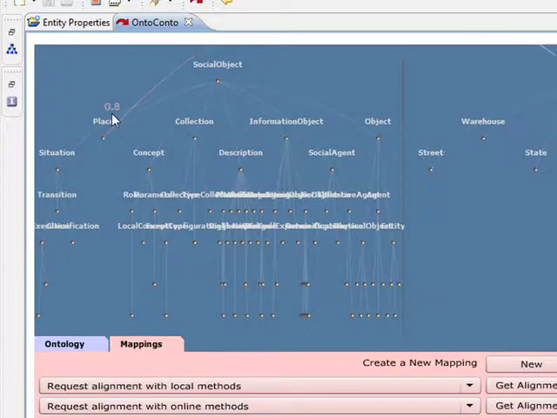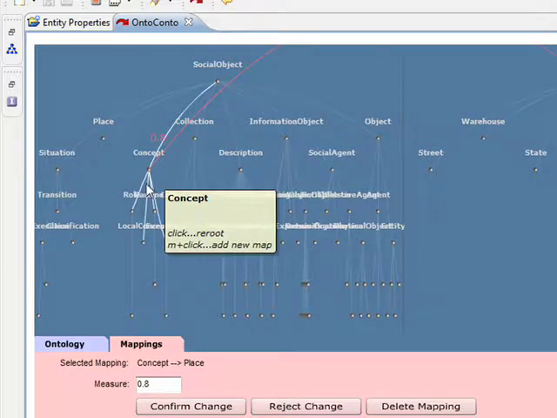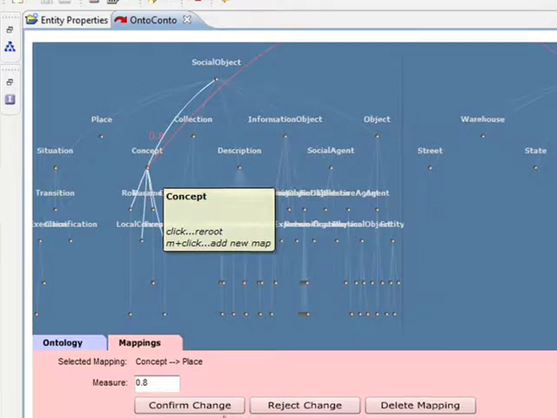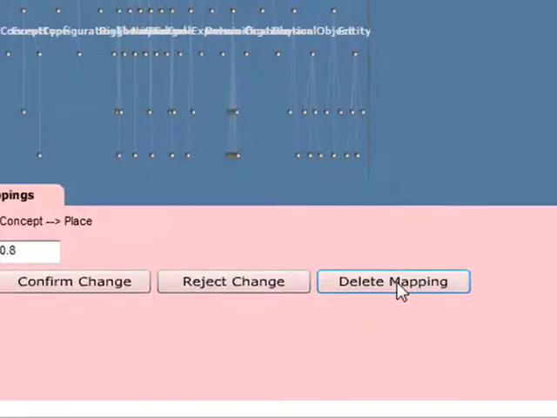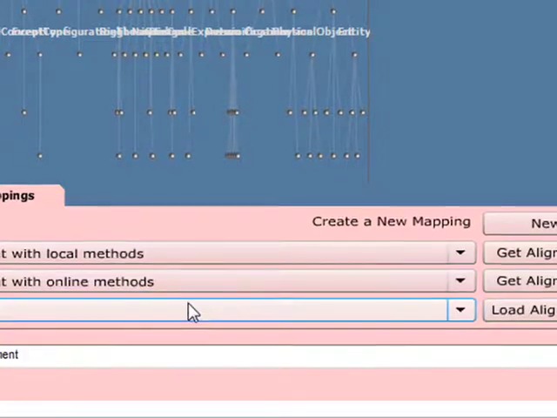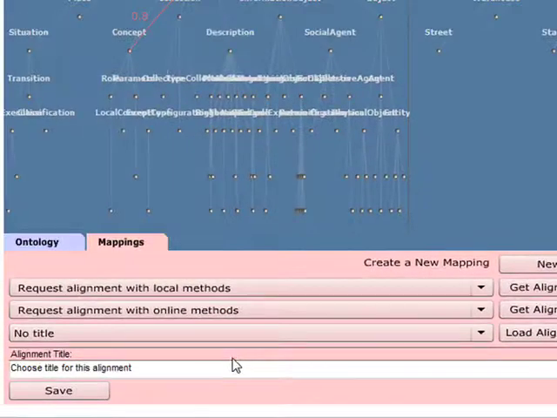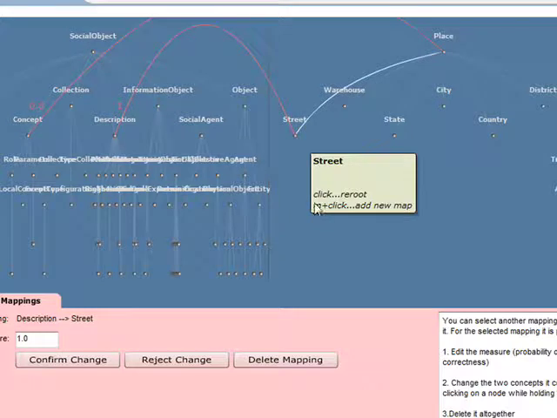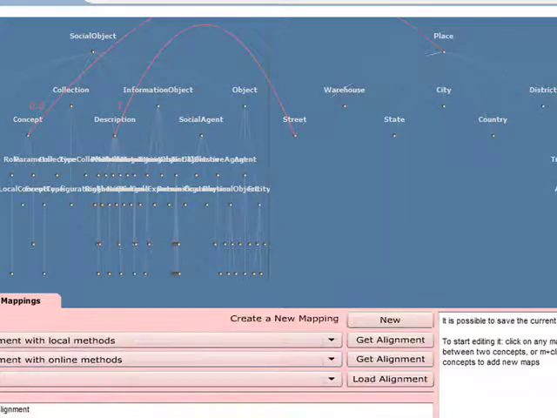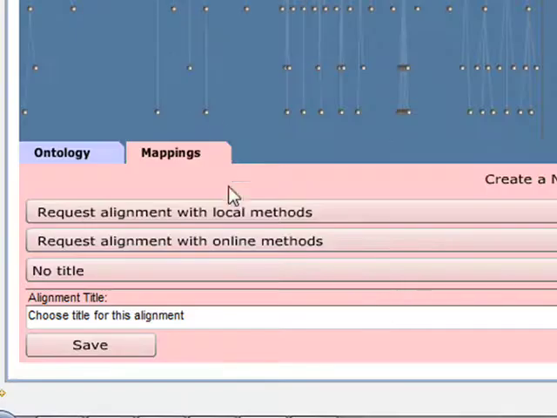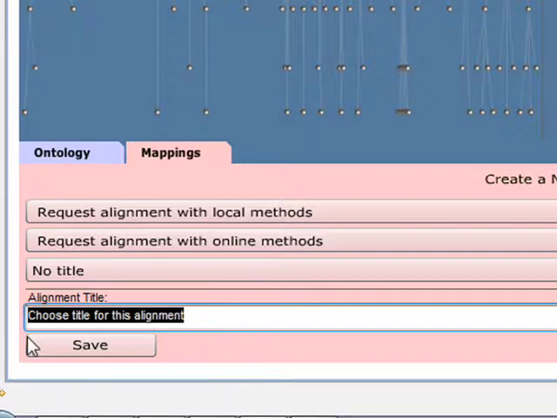Apart from this, it's also possible to actually move the alignment if, for example, one place is wrong. We can also delete the mapping altogether. We can create new mappings by pressing M on the keyboard. We can click on any concept from one ontology to another and inspect the new alignment. We can also confirm the change and save the alignment, so let's do that by giving it a file name. In this case, Test Alignment,